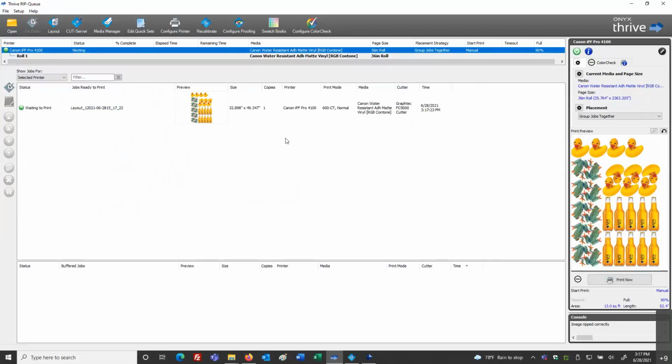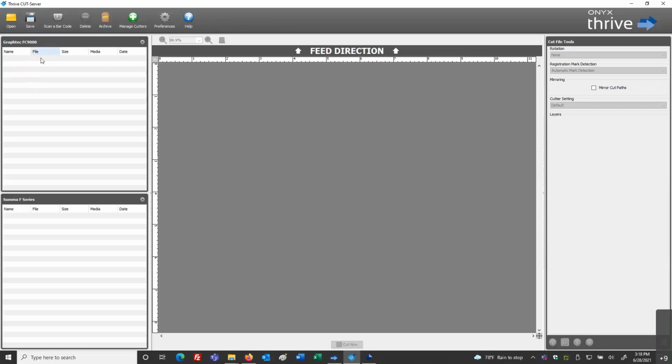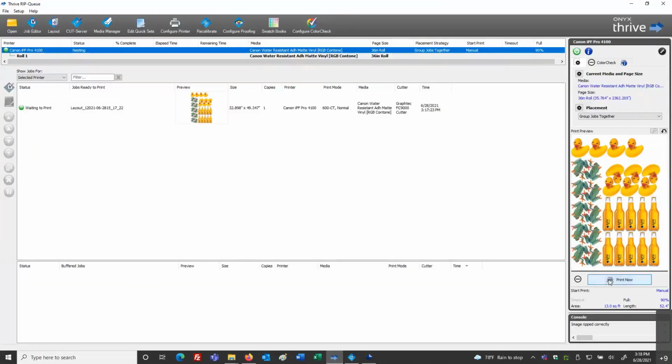Remember, in Onyx's workflow for cutting, when we print is when our printed cutter marks and barcodes and directional arrows and such, as designated by the cutter manufacturer, will print along with this nested imagery. And then remember, the cut path data will all go to Cut Server. So right now, I'll go into Cut Server and show you that my Graphtec column here has no data. There's no information yet. So it's upon printing, I'll say print now. My file is going to the printer.